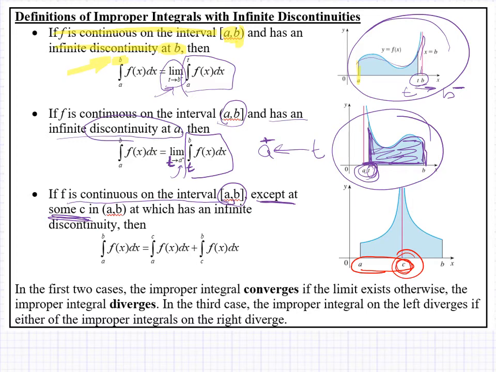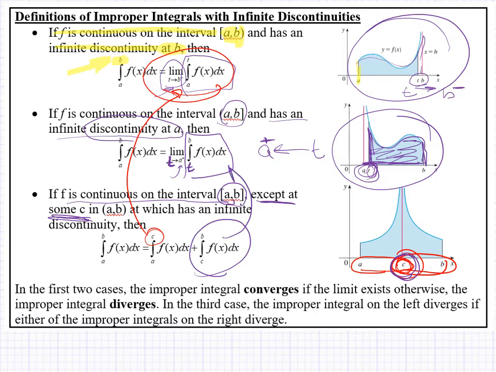we have the upper limit of that interval is the issue, which essentially takes us to this scenario. And then we have the integral from c to b, in which case the lower limit is the issue. And we have this integral, which essentially takes us into this scenario. And we would work with each one of these separate integrals by essentially method 1 or method 2. So we turn a discontinuity in the middle of the integral into endpoint discontinuity by splitting it at that particular